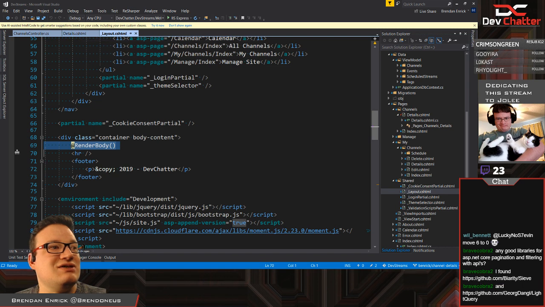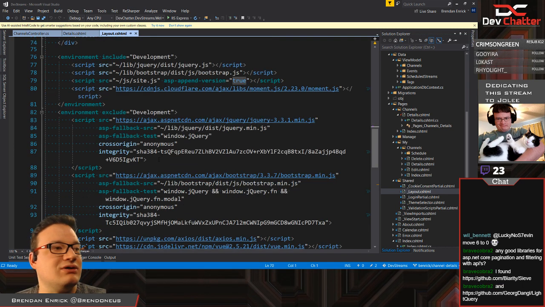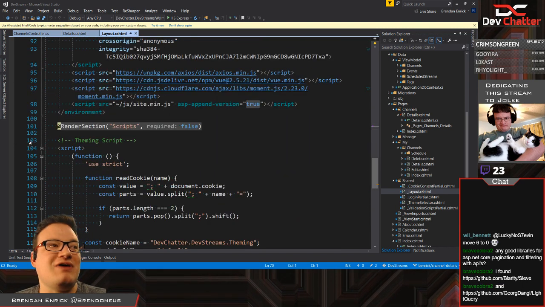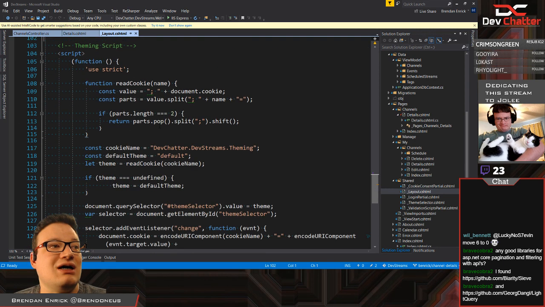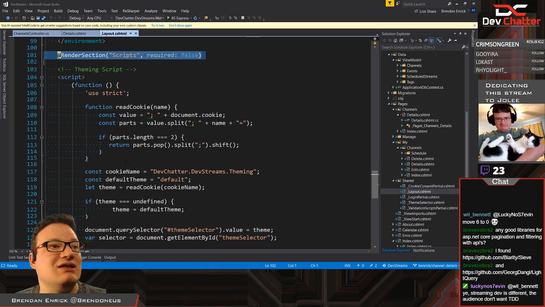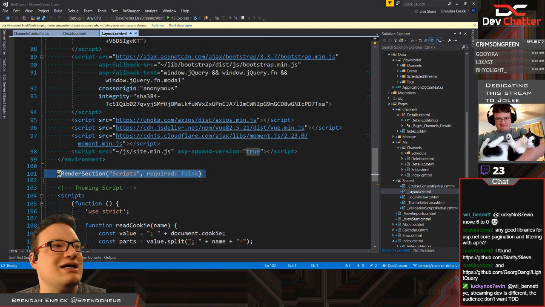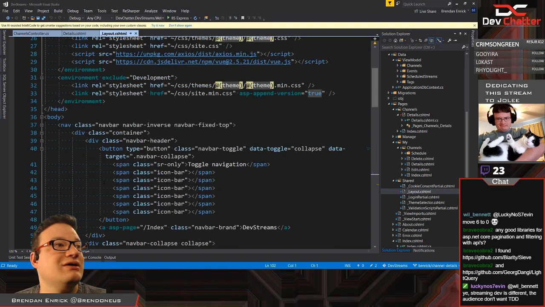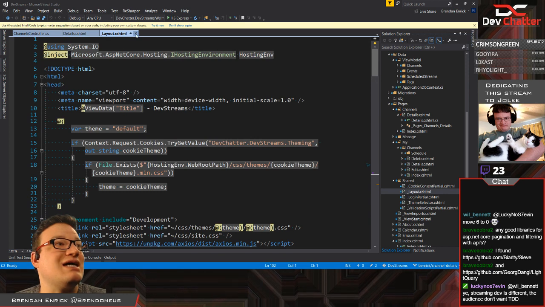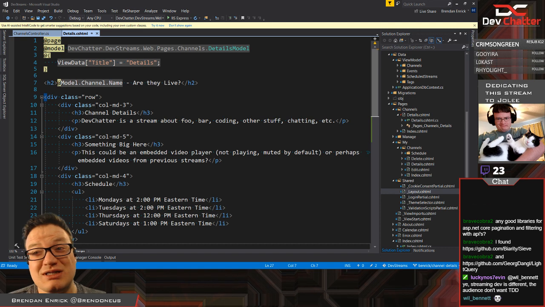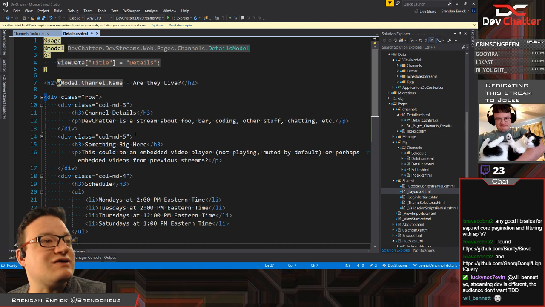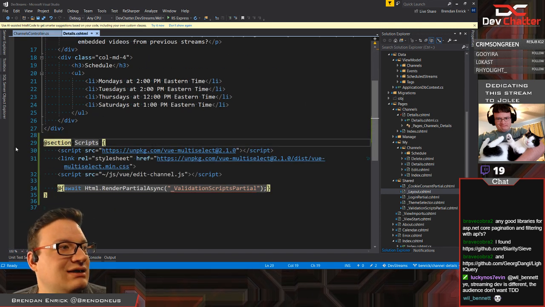So the details CSS HTML code, it all goes right here. If I put something in the script section, it puts it right down here at the bottom of the code. And that's kind of the idea, it just puts it down there, and that lets me have code that runs at the end of the page instead of, say, running at the beginning of the page or in the middle of the page. So if I want my script to be at the end, I put it in there. So that's basically what that does.